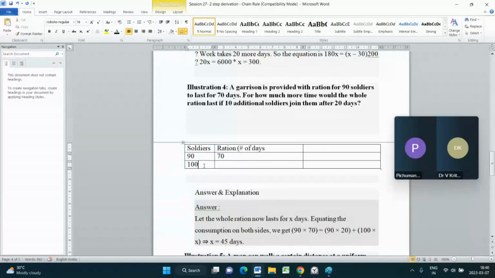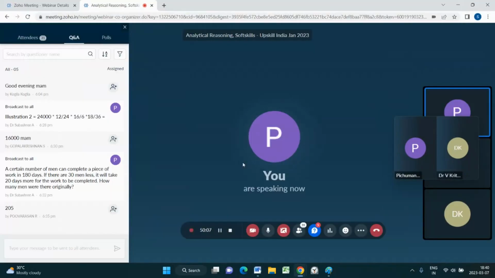How much more time would the whole ration last? Ration is the same. ஆனா அந்த 20 days கழிச்சு ஜாயின் பண்றாங்க அவங்க. எத்தனை பேரு? Can you tell me here something, students? Can you just guess this? Can you guess this, please? I am trying to fill the elements. Students,